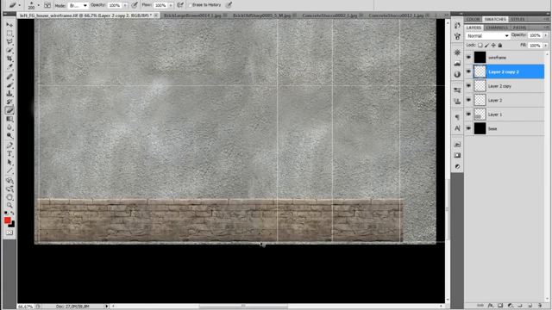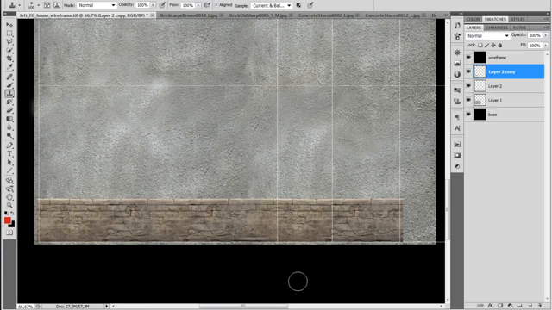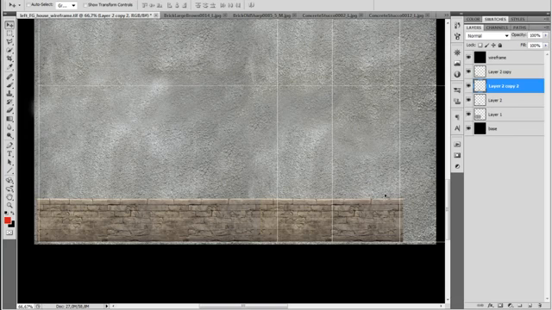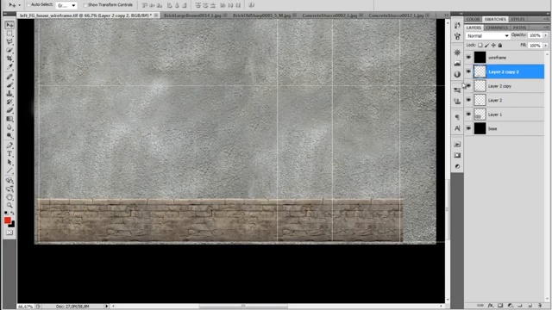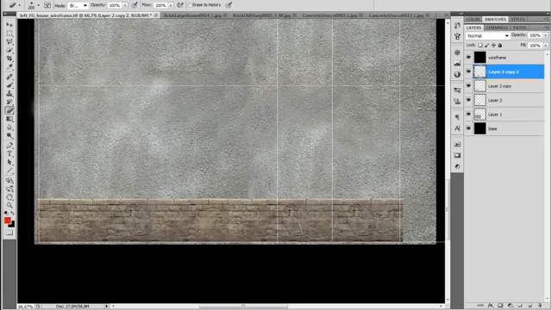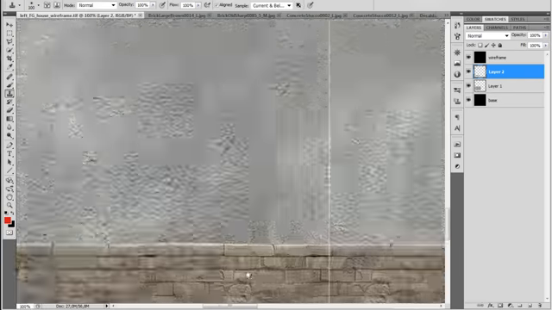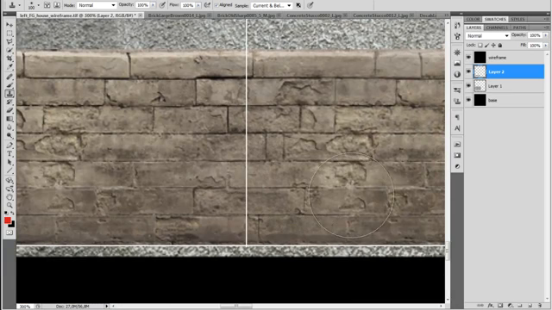I'm just going to erase the edges so it doesn't have that sharp boundary between the duplicated textures. And again, with the clone brush, just sampling and deleting some repeated lines. Now I'm merging the layers together. I'm just scaling down the size of the clone brush. Now starting to get rid of more of the